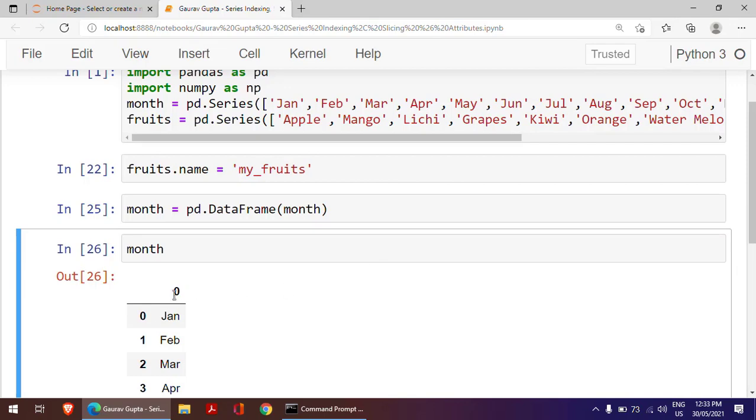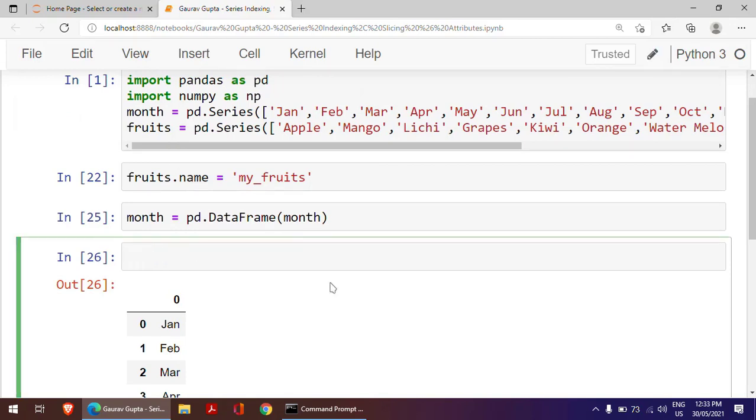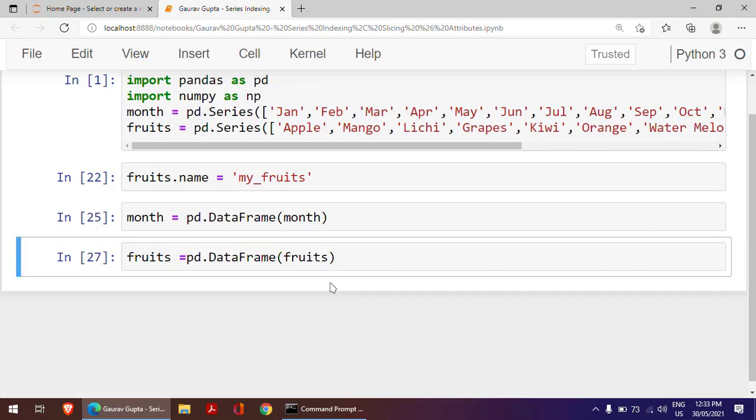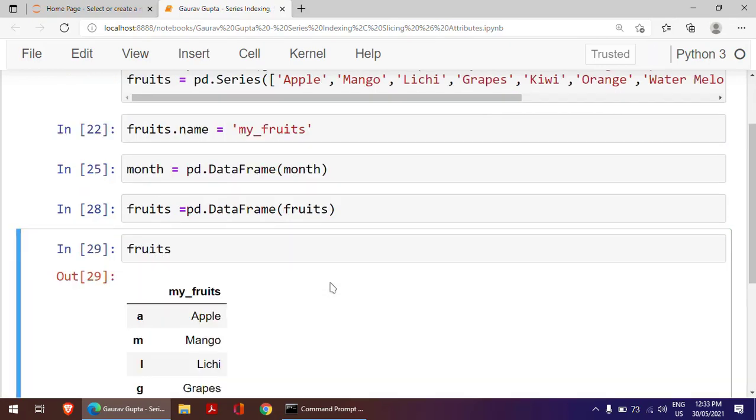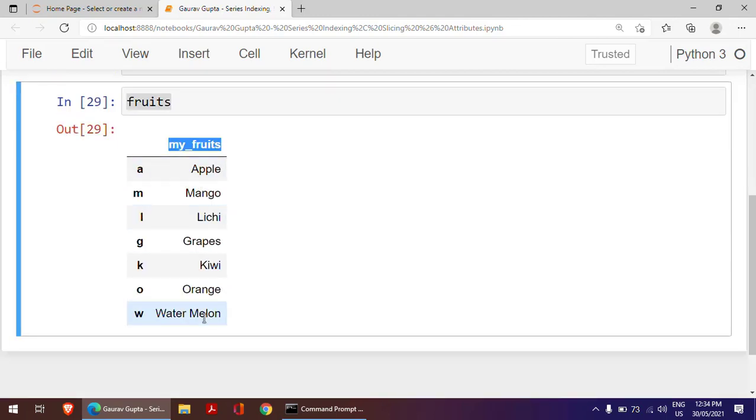By default, the name of this column is 0. But if I convert this fruits to a data frame and print it, its name is my fruits. So if we don't give a name, the default value is 0. But if I set this attribute name, then when you convert a series to a data frame, the column is given a name.